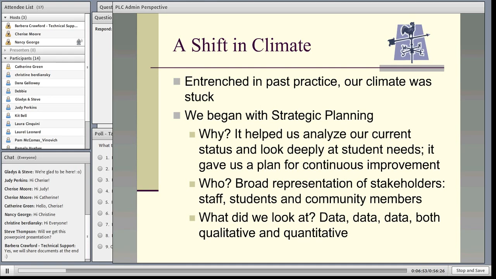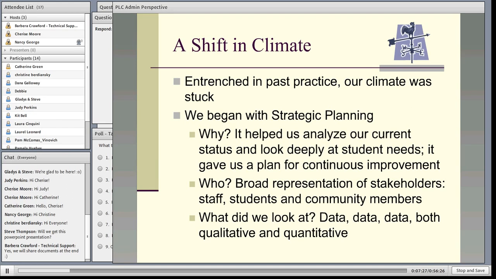And most of all, or worst of all, I'm not sure how to put it exactly, we did a lot of talking about teaching, but we didn't seem to talk very much about learning. And that began to disturb a number of us here at the school, that maybe our focus really wasn't on the right thing. And so through our strategic planning process, which was a nice opportunity that happened to come along through the district, we were able to really look at what we wanted to shift and how we wanted to shift it.